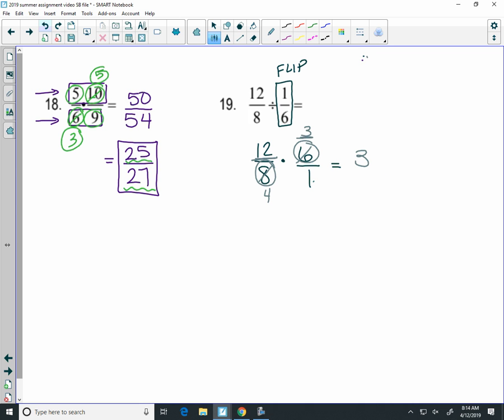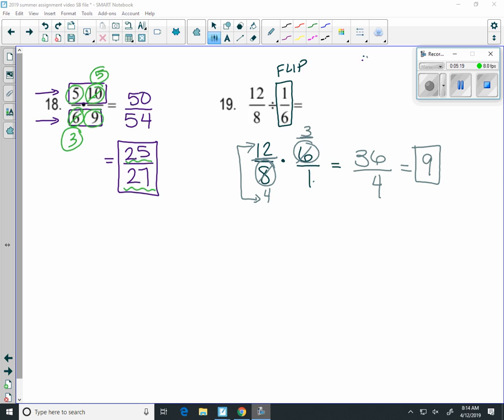Over 4. And I guess we could have done even more there. We could have done that 12 divided by 4. 36 divided by 4 is 9. Again, you could have done this division once you knocked that 3 and 4 down to 3 and 4, and you could have gotten to 9 even faster. Lots of options with these. Just make sure you know what you're doing. All right, that's for